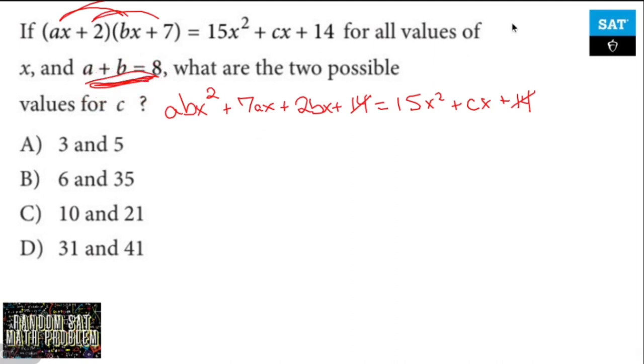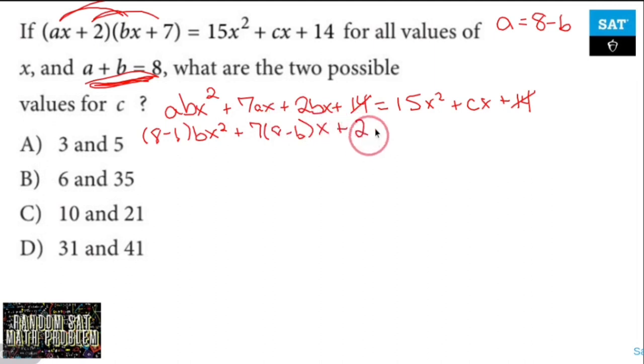But if a plus b is 8, that also means that a is 8 minus b, because I can subtract b from both sides. So I'm going to rewrite these two and replace a with 8 minus b. So I've got 8 minus b, bx squared, plus 7, 8 minus b, replacing a with 8 minus b. Then I just rewrite the rest. 2bx,